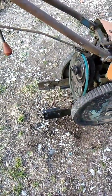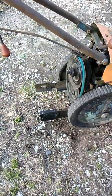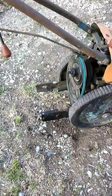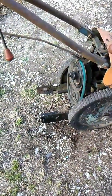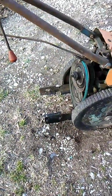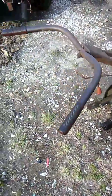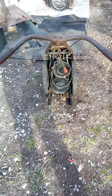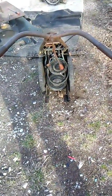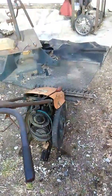And the guy that brought this over to a friend of mine's to see if he wanted it said it had a Honda engine on it with a big hole in the side of it. So I'm really thinking it got dropped out of the back of a truck. But anyway, I acquired it, and I'm going to try to fix it up. It's obviously had a lot of use over the years, but I think we can